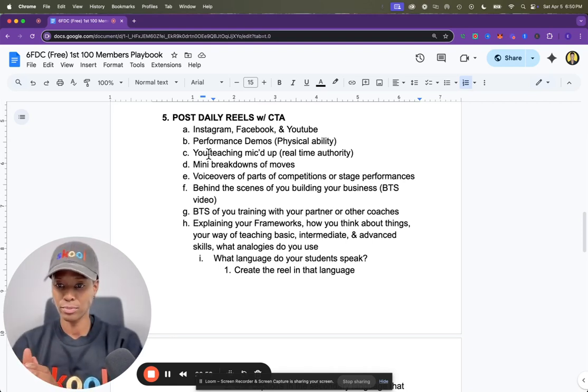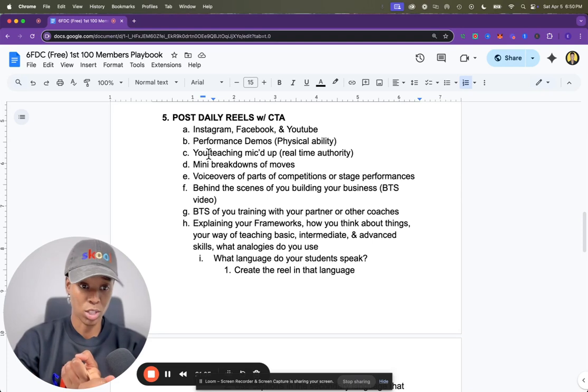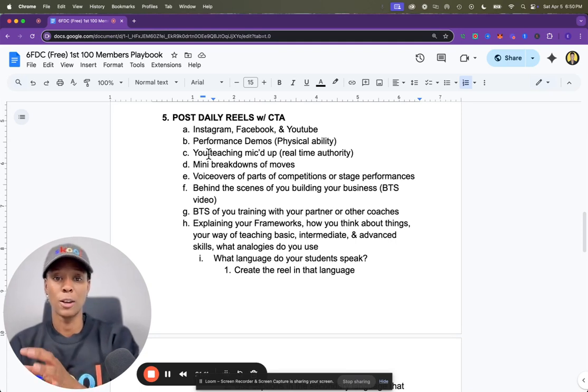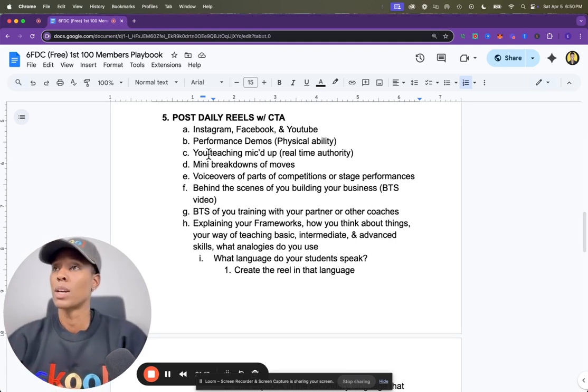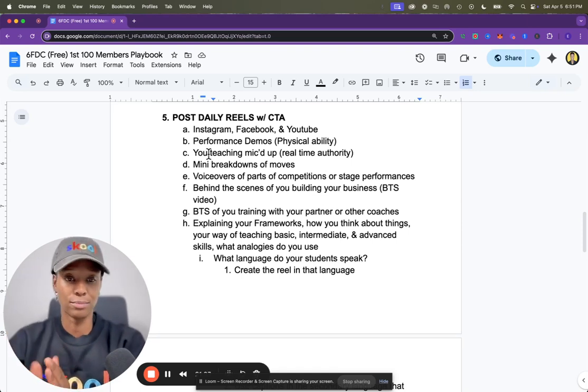It's different. You want to be able to take somebody from point A to point B, whether you just have a course that they do themselves, or you are working with them virtually one-on-one, or you're in person. You want to put yourself in the highest place and position to be that person that will get them X, Y, and Z results in a specific type of skill or industry or niche. Next,